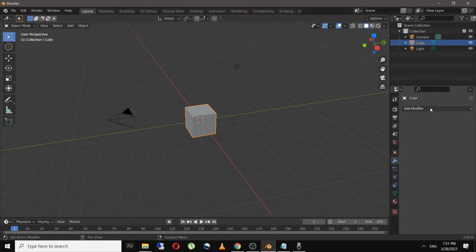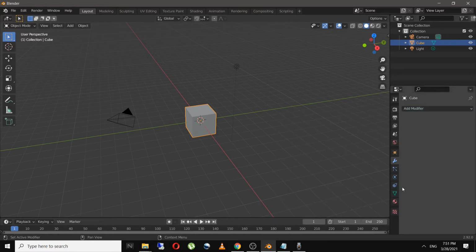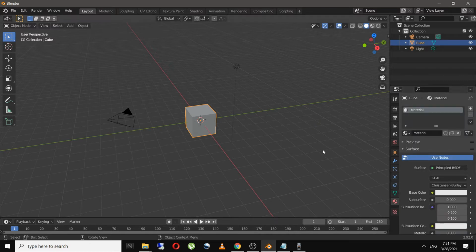For example, we have so many options over here to modify the object. We will look into this in a future session as well. And also we have material properties. This is used to paint or put texture or put materials on our mesh. So these are a few of the options we will be using in Blender.